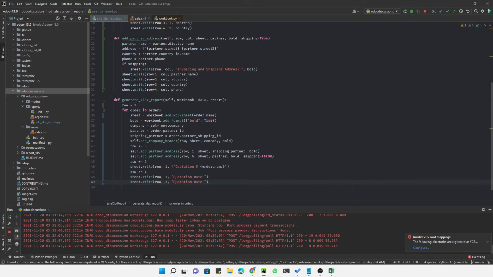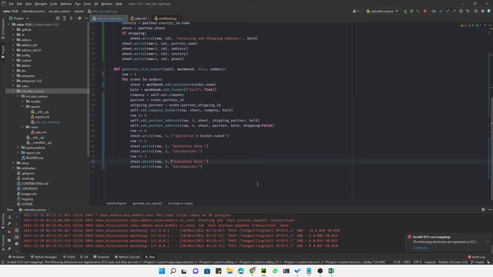So we want to add it on the third column, and we need to add here salesperson like this. And then we need to add on the next row the salesperson and the date. So just copy the same thing like this,